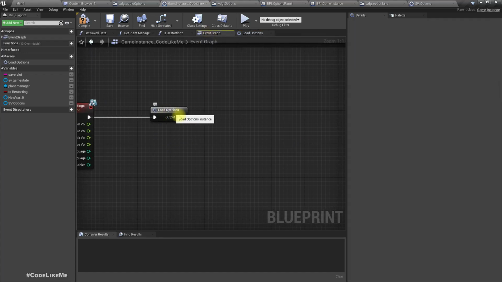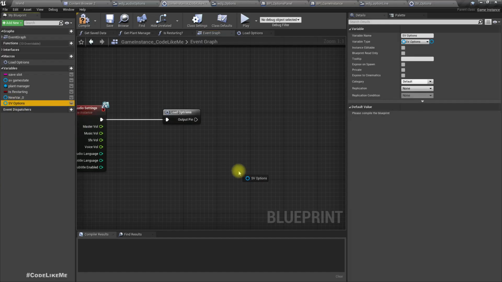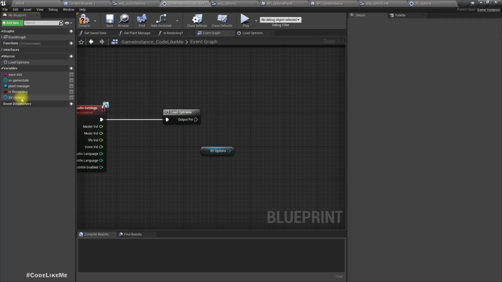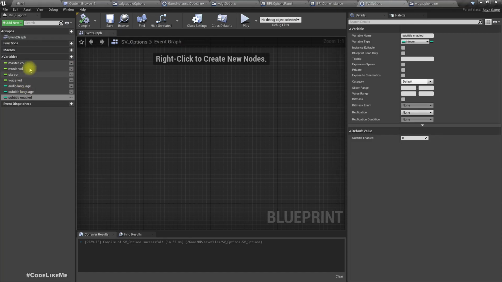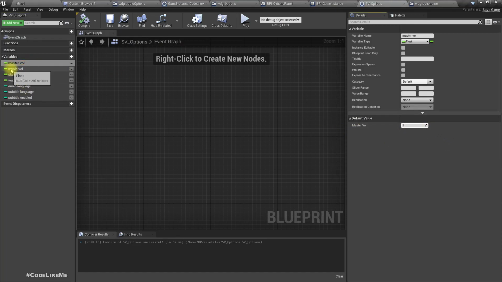Okay, then we can get SV options and wait, I need to set the default values of these to 1, 1, 1, 1, so that even when I don't have a save file, by default I will have the values as 1, not as 0, when the first time we are going to use this or load the options. Okay,